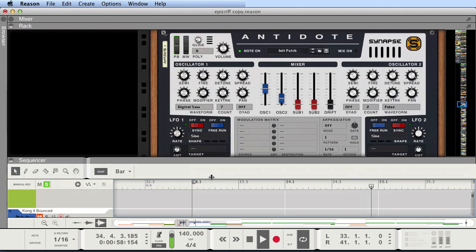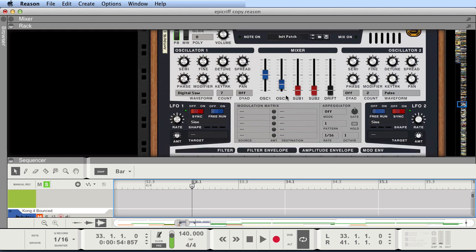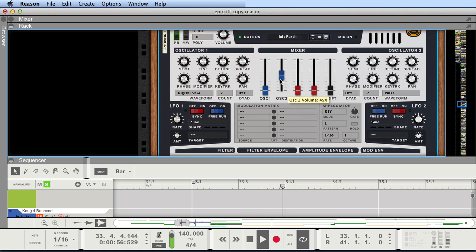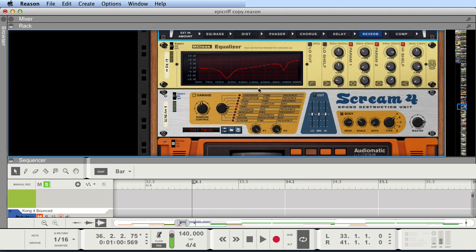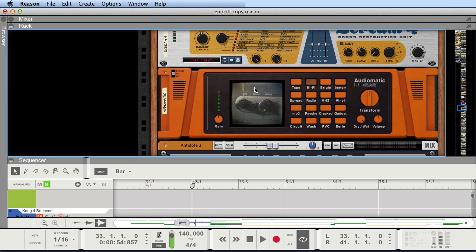It's completely dry. It's just an Antidote with a super saw, so that's 7 digital saw voices with full spread. And I also layered a tiny bit of pulse over there. That's oscillator 2, but you can barely hear it. Now, the effects chain on this is simply a compressor, some equalization, and tape distortion, as well as